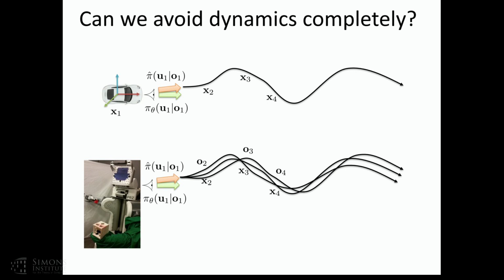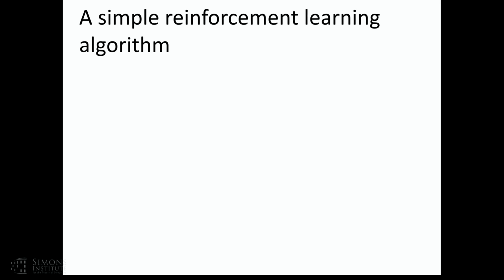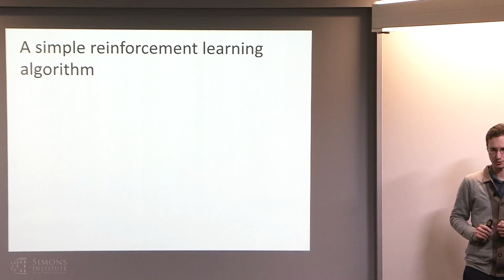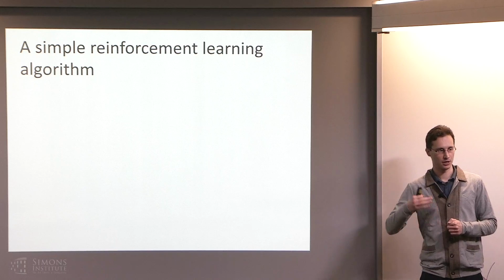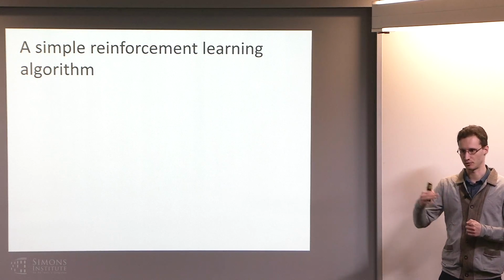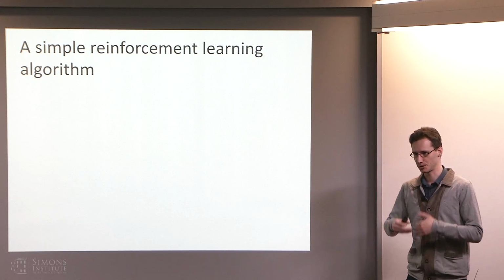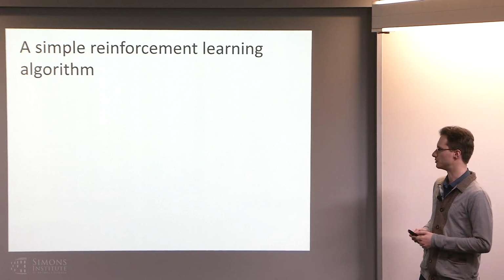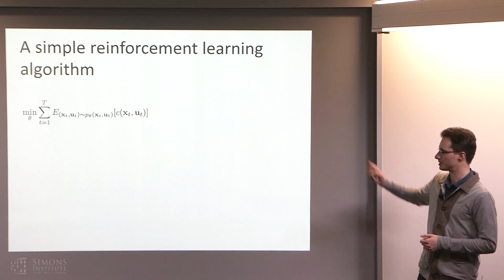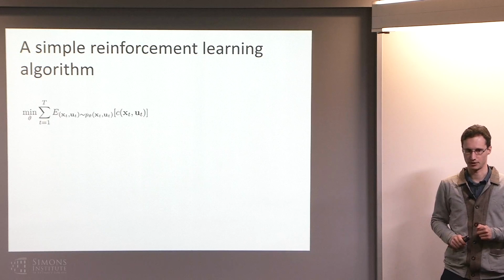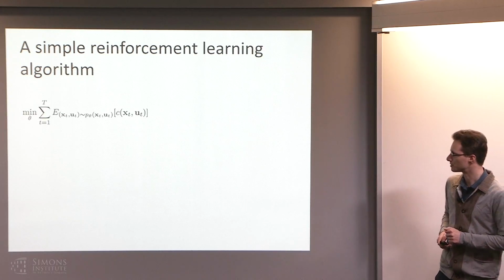In this class of methods, we won't attempt to learn p(x_{t+1} | x_t, u_t). We'll just attempt to directly optimize policies. So first, I'll show you a very simple reinforcement learning algorithm. It's called the policy gradient algorithm. And then I'll talk about a number of different modifications we can make to it to make it practical for use with large function approximators like deep neural nets. This part is all background, but I think it's mathematically quite elegant and good to understand.